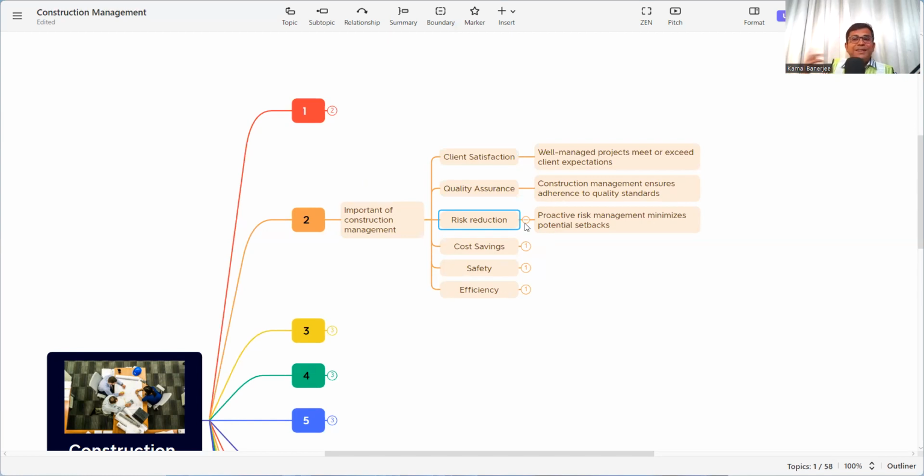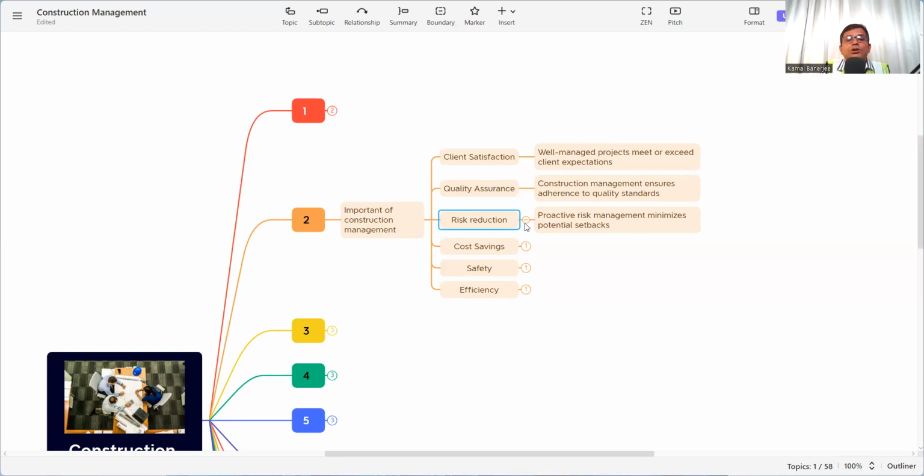Now you know the risk that at that time the progress and the quality can be hampered. Now when you know the risk, you need to make a construction plan so that whatever deficiencies occur during the monsoon can be overcome, or so that you can work during the monsoon. That is risk reduction.